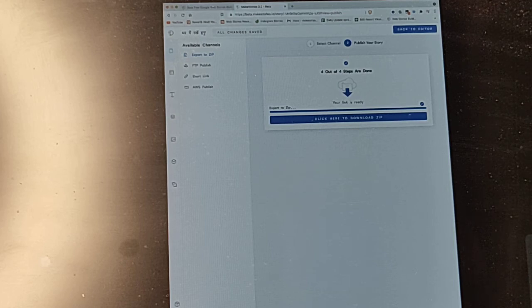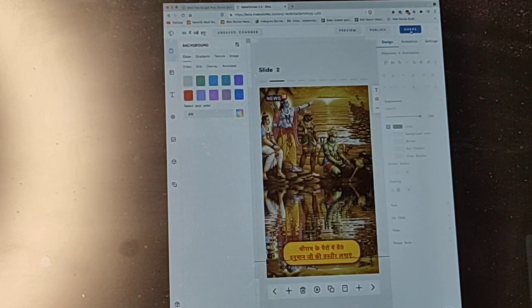Because it will use coded names which you won't be able to understand later. So make sure you rename the story when you are downloading the zip file. And this is basically the process. Then you can go back to the editor and go to your home page.